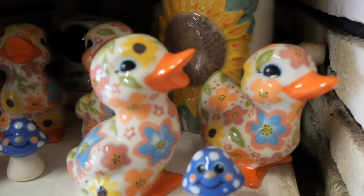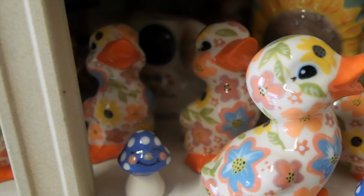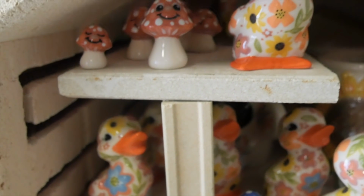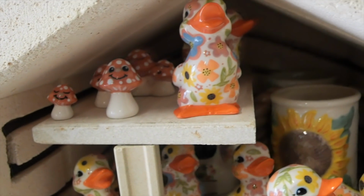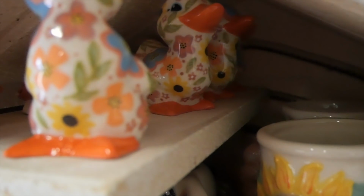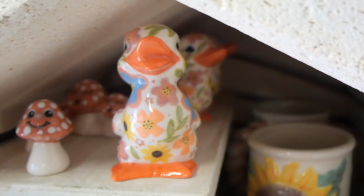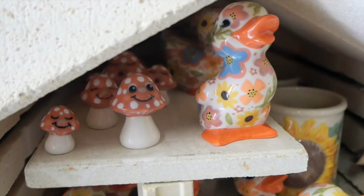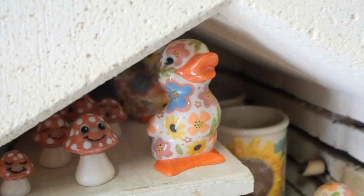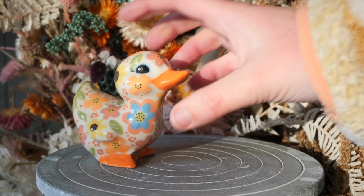Sometimes opening the kiln, like all the time, but sometimes opening the kiln just hits so hard. It hits amazing. You just feel so accomplished. You feel like all your hard work, all that anticipation, the anxiety, the worry, the excitement, it all just washes over, and you just sit in awe of the color and beauty that the kiln has produced. Well, you have produced, but the kiln has transformed to its final state. These are just...